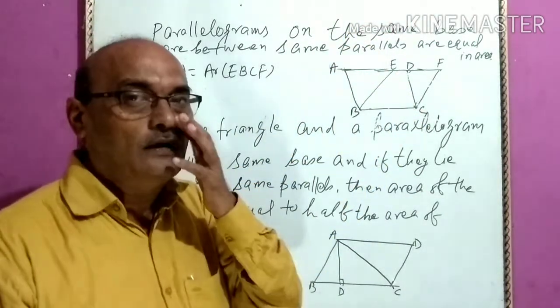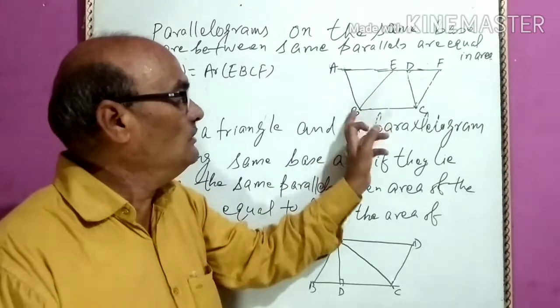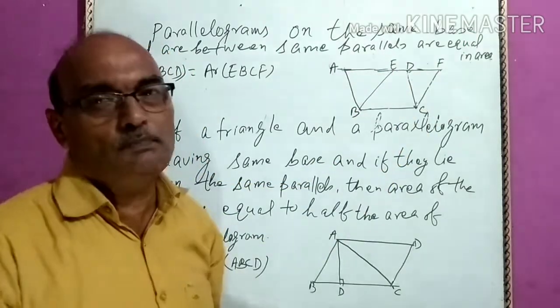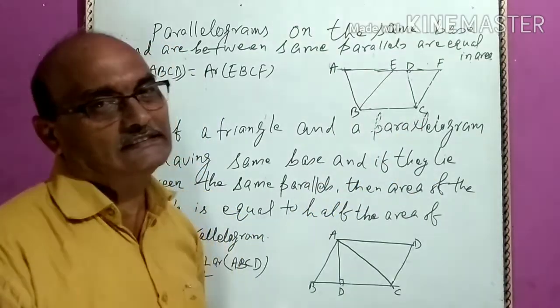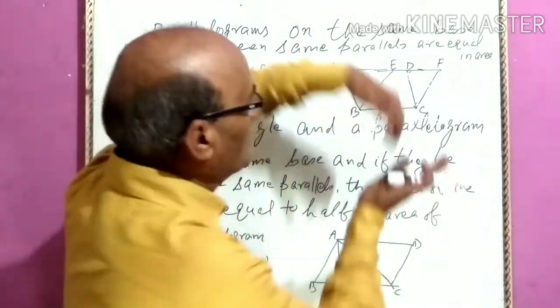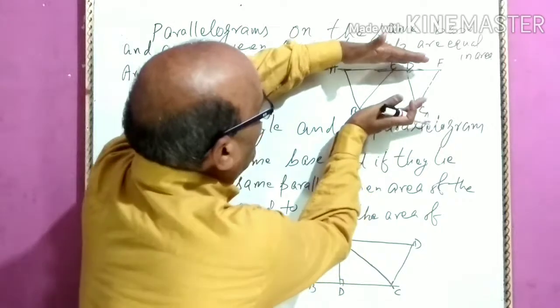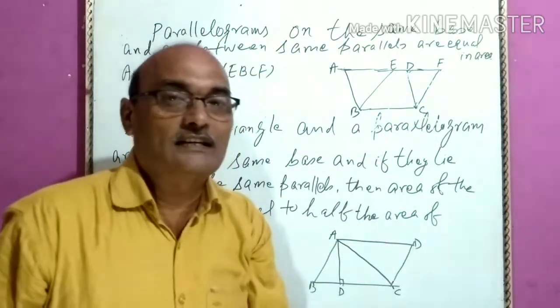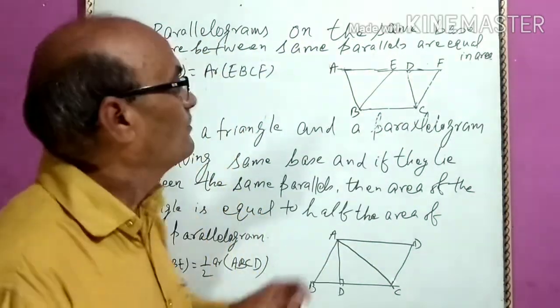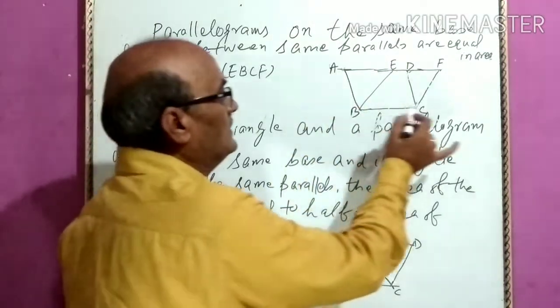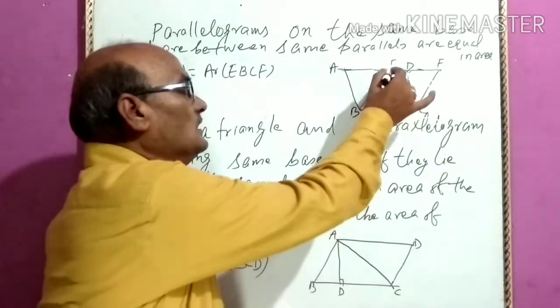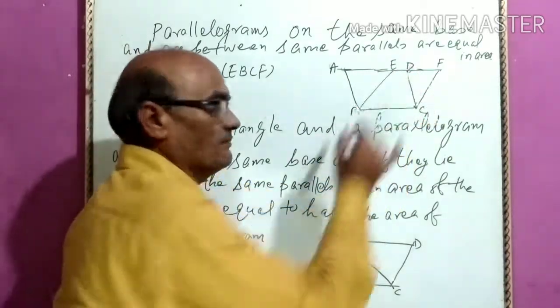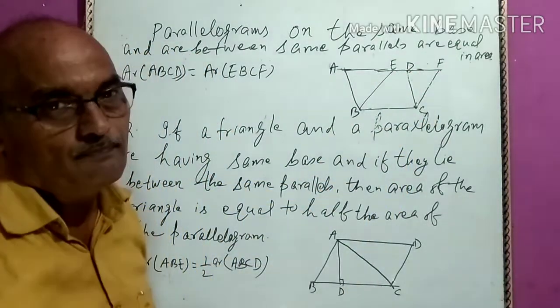ABCD is a parallelogram and EBCF is also a parallelogram, and they have the same base BC and lie between the same parallels AF and BC. Then the area of parallelogram ABCD is equal to the area of parallelogram EBCF. And secondly,